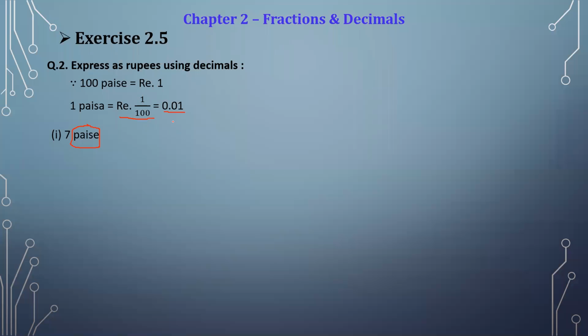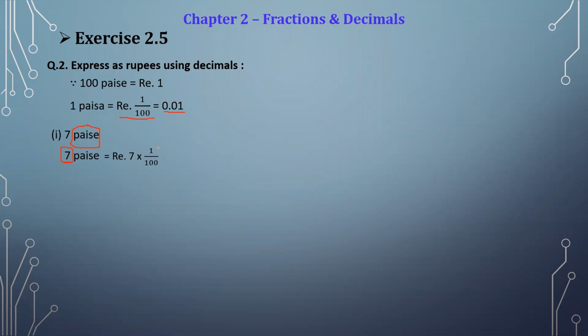So you have to just put that value in the given question, and then you convert that paise into rupees. In order to convert 7 paise into rupees, we keep that 7 as it is, and then the remaining part is going to be